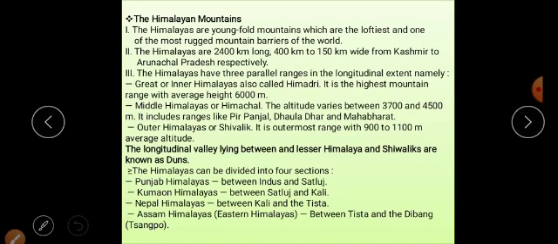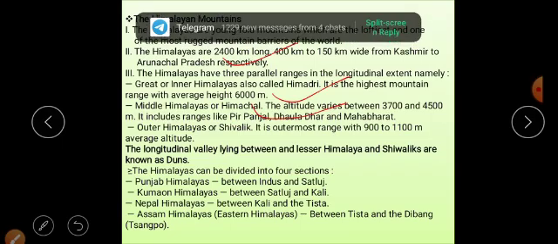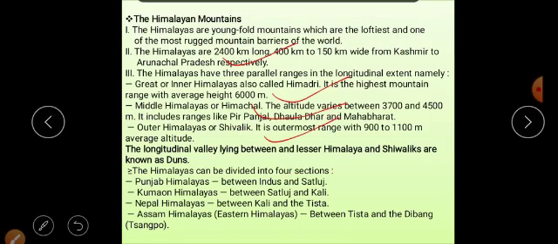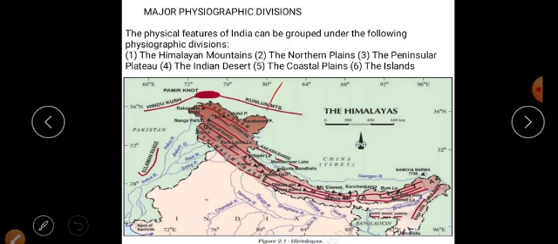Look at that, the Himalaya's length has already been given. The highest range, Himadri, is almost 6,000 meters or 6 kilometers. In between is the Himachal, and the lowermost, outermost part is the Shivaliks. Now we can also see different sections of the Himalaya in our country. Look at the map again: the Punjab Himalaya, Kumaon Himalaya, Nepal Himalaya, and the Assam Himalaya. That is, the sections have been given different names. Understood?